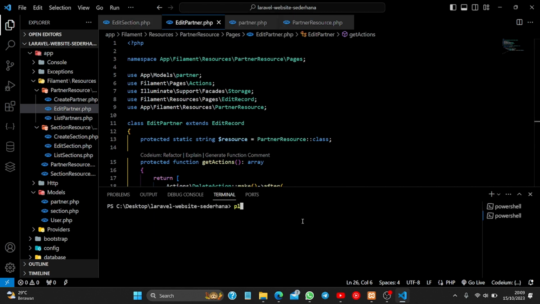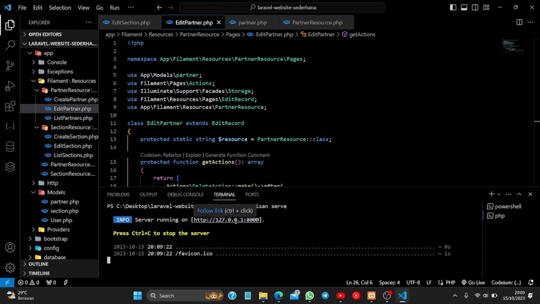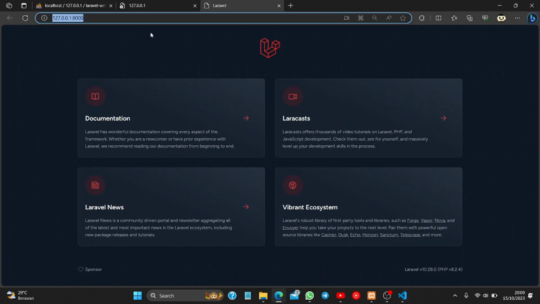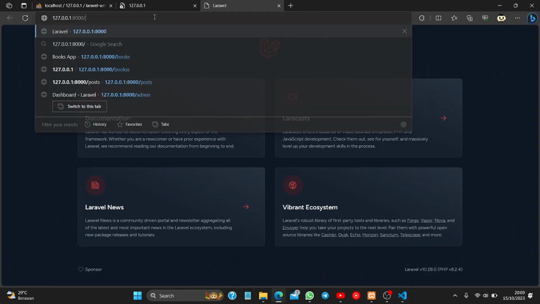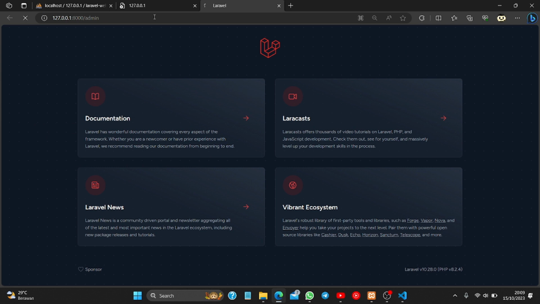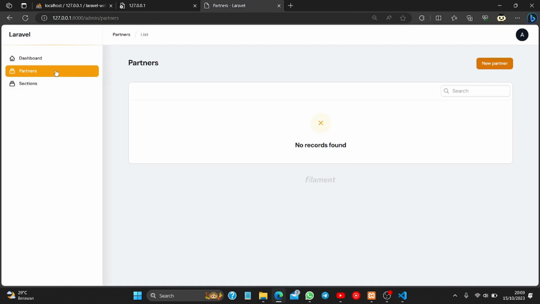Okay, PHP artisan serve, and don't forget, and then slash admin, and you can go to partner,